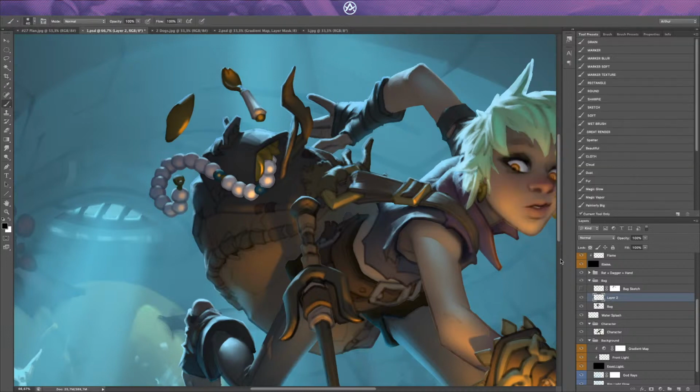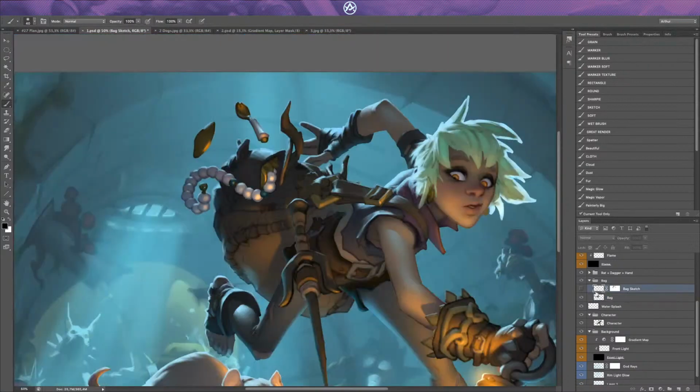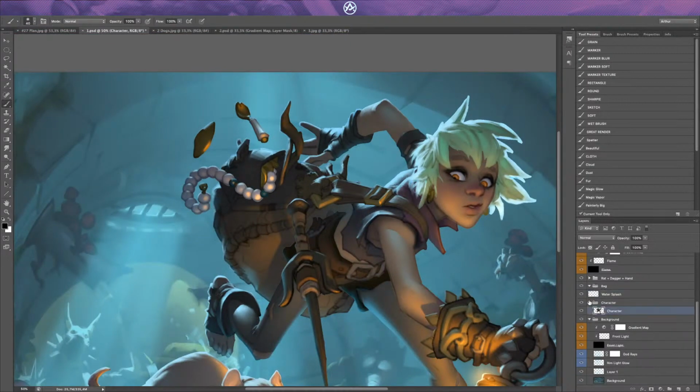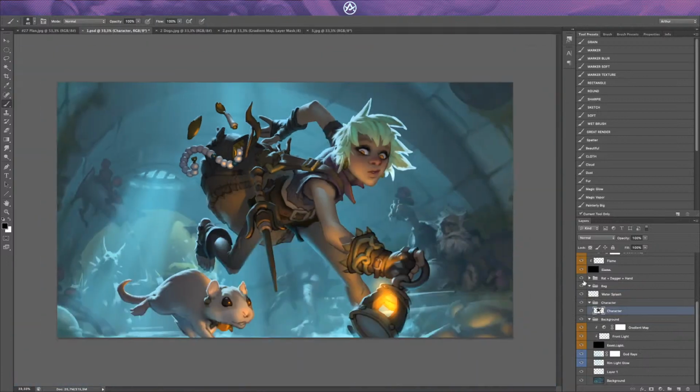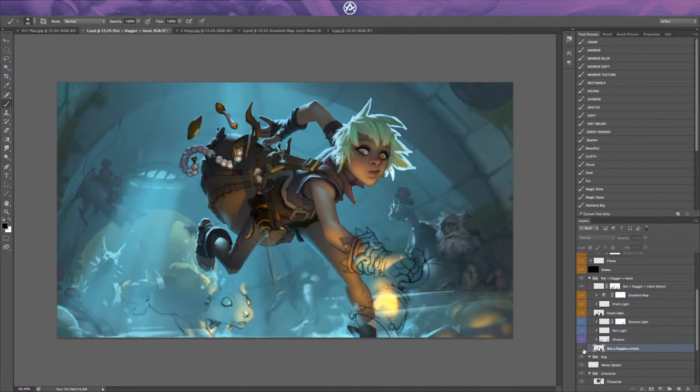In this case here, it doesn't really matter. I could pretty much use the original sketch, but there are still some interesting color variations in the bronze and the greens that I can reuse. So I'll do that. Merge with the character. What else? I can also merge all that layer with the hand, the rat